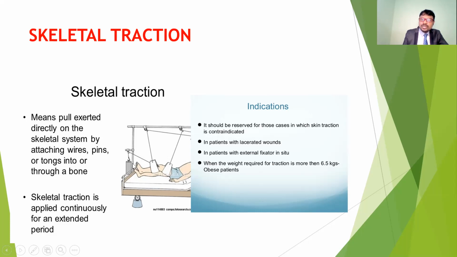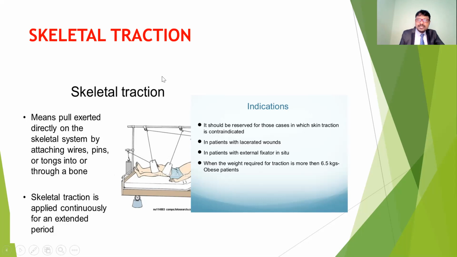In this one, for example, for knee traction and also hip traction, we stabilize the knee and hip with slings, and we also apply the pins at the knee joint. The traction is given in the long axis direction. This traction is applied continuously for an extended period. Here, with the application of the pins inside the joint, we get continuous traction, and because of the continuous traction, we get the best results and prevent complications.